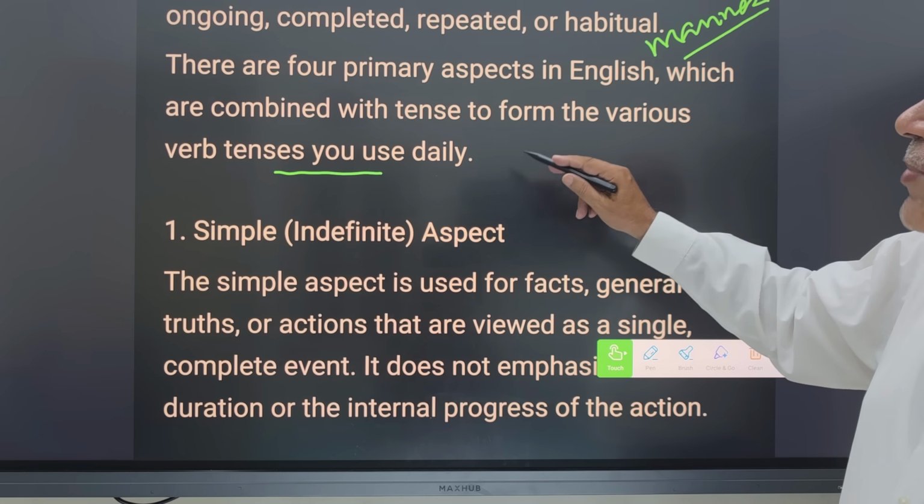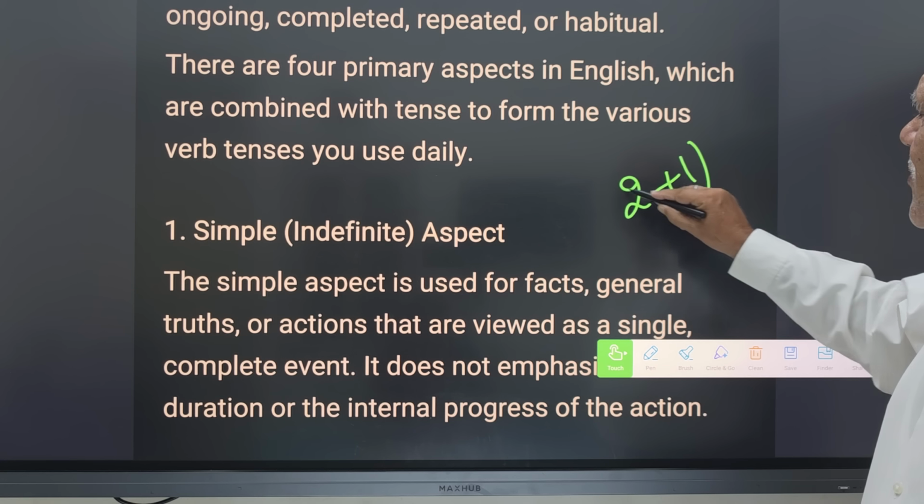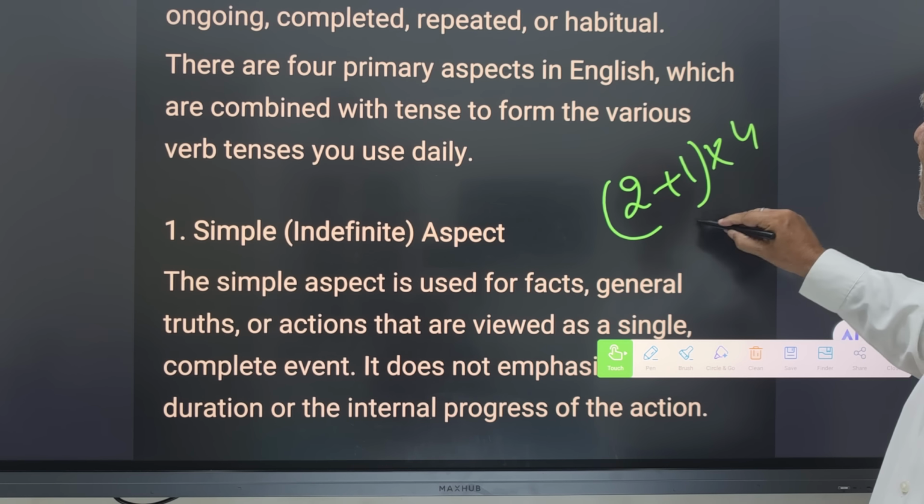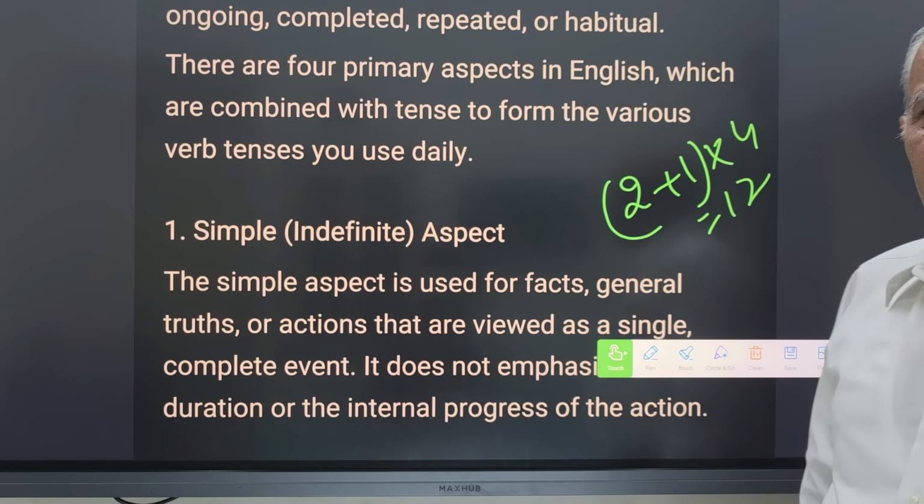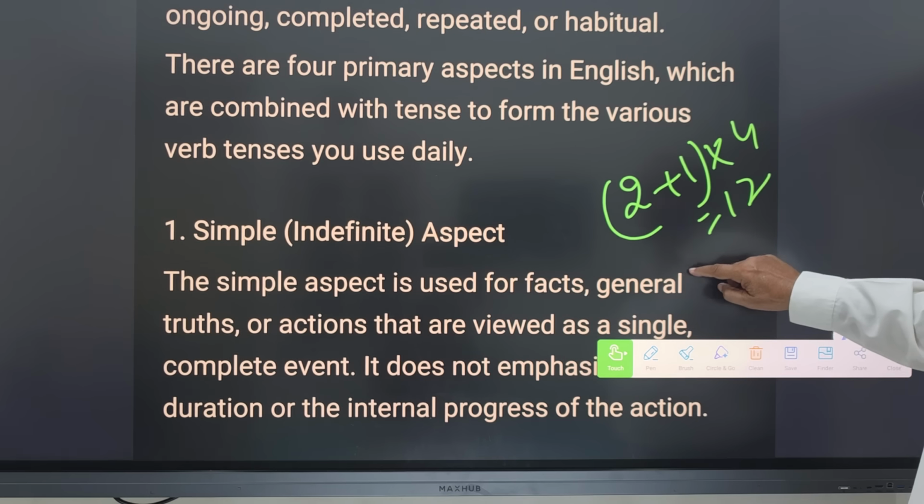But I have told you that morphologically there are only 2 tenses, past and present. But there are 4 aspects and then there is future time. So you can say this is 2 plus 1 multiplied by 4, that is the aspect. This gives you 12. So see, simple